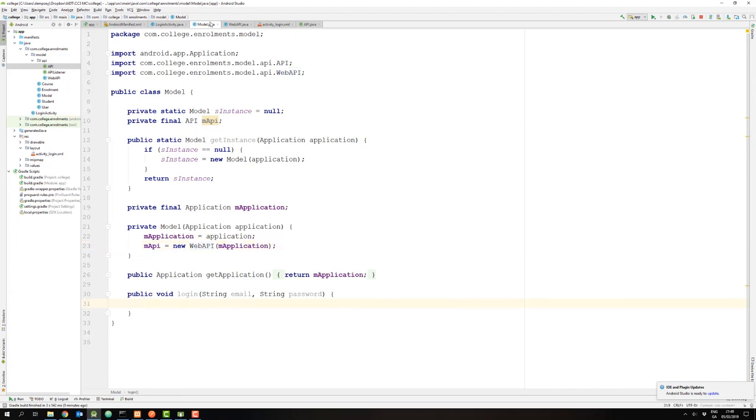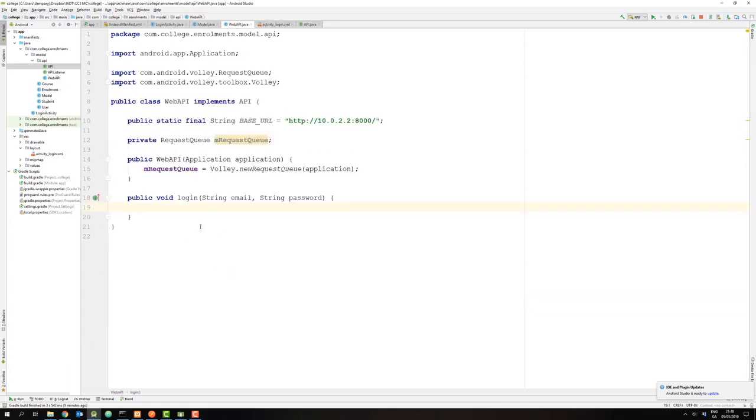So now when I call the login method on my model object, all my model object is going to do is call the login method on my API. So that's just delegating the role down to the API class. So my implementation of the API class is down here. So now this is where I have to decide, well, what am I going to do? Well, in here what I need to do is send a request to the